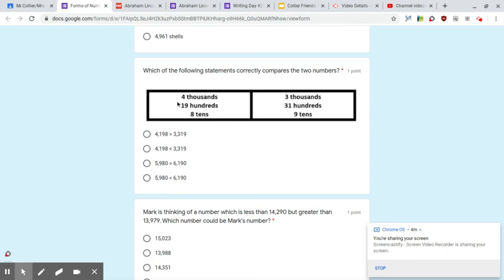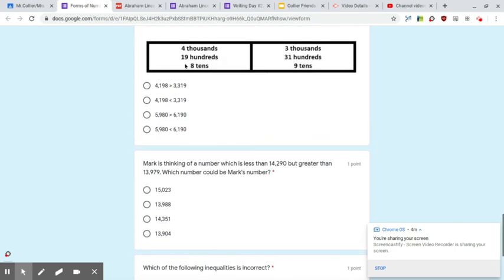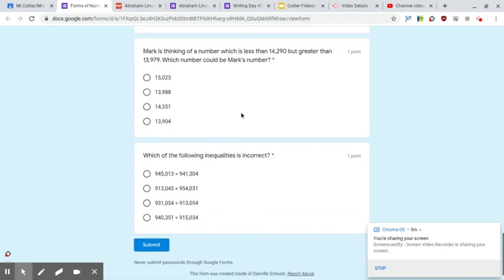Another comparison, you're going to have to figure out how to write that number. 4,000s, 1,900s, and 8/10s, and compare it to 3,000s, 3,100s, and 9/10s. Keep in mind that this number is going to give you an extra 1,000 because you have 1,900s. So I'll go ahead and tell you right here, you have 5,900 8/10s. Same thing up here. You have extra thousands, so you really have 6,000s, 100, and 9/10s. Mark is thinking